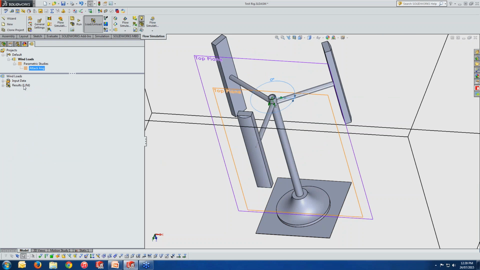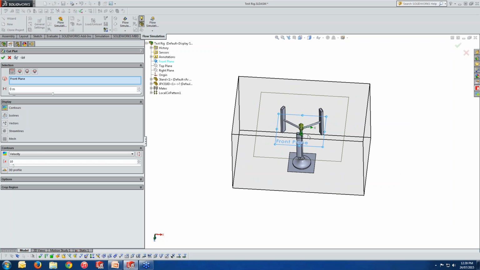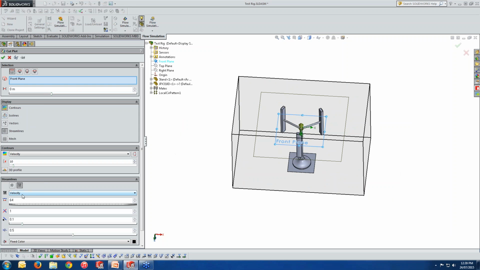We're calling the .fld file, which is the result file, and simply the first thing is to insert a cut plot, and you're telling it I'm going to cut based on front plane, contours of velocity. Well, at the same time, I would like to look at the streamlines of the flow. Here is the velocity and how the streamlines should be set up and what are the setup parameters, for example,